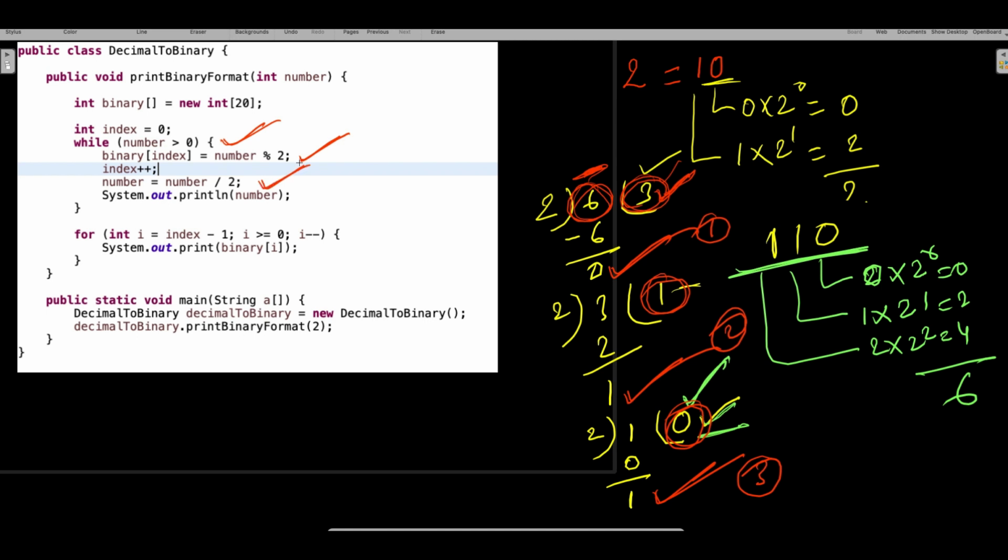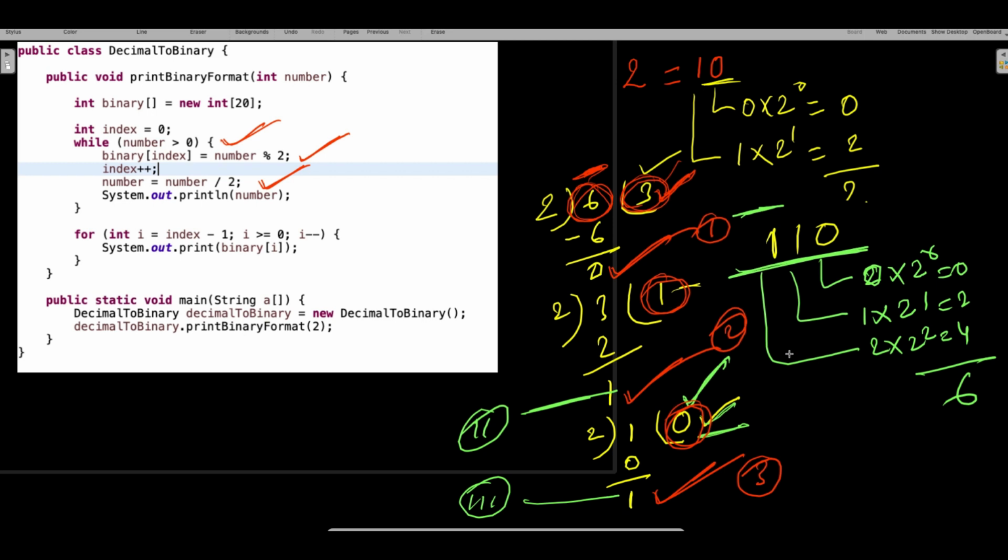You got it? Now guys, this is my first binary digit, this is my second binary digit, and this is my third binary digit, right? So I need to have a placeholder, somewhere I need to store it, right?